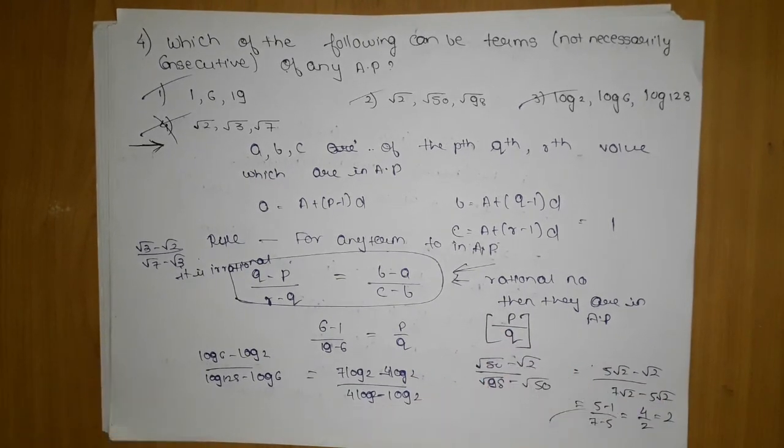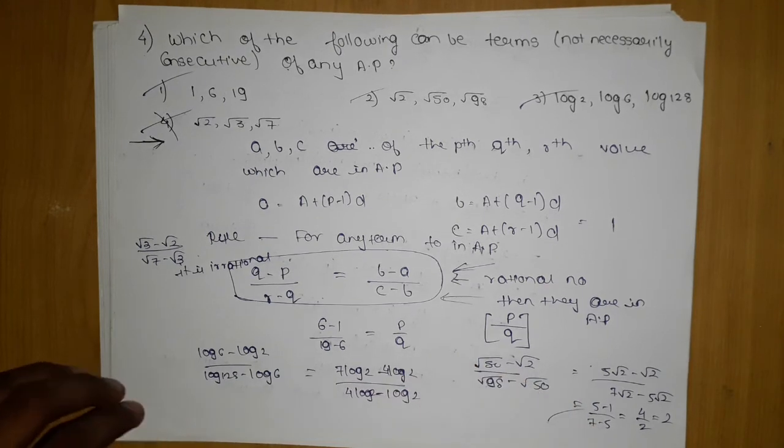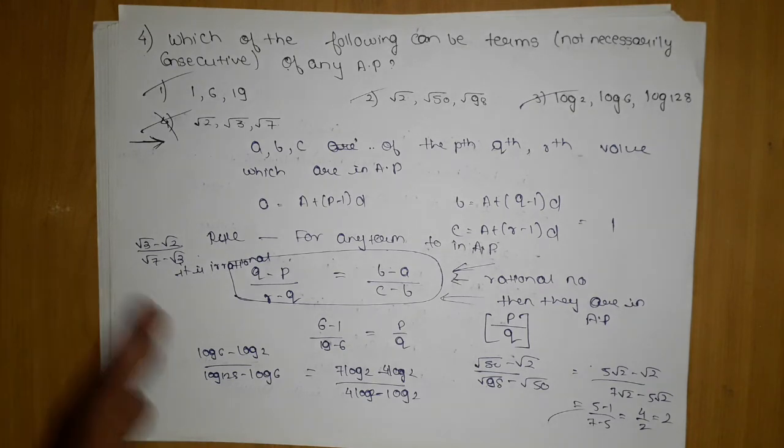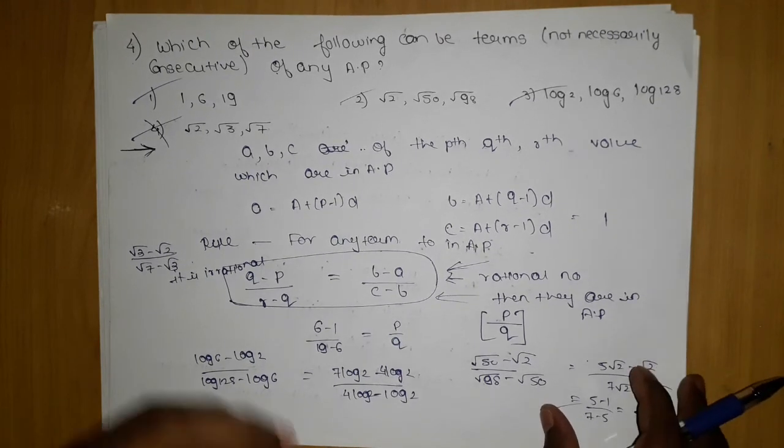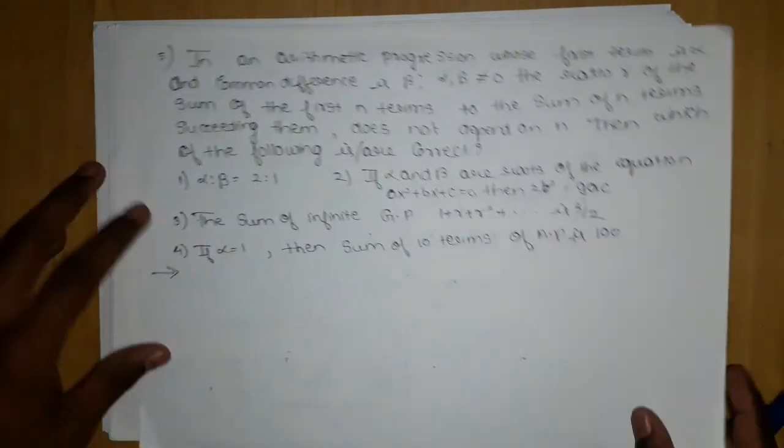Sometimes the difference or term condition fails, fine, but this will always work. It doesn't even care whether the terms are consecutive. It will directly tell you whether the terms are in AP. If it is in AP, the reciprocals will be in HP. This type of question can also be asked. Now the last question, which is a JEE type question.